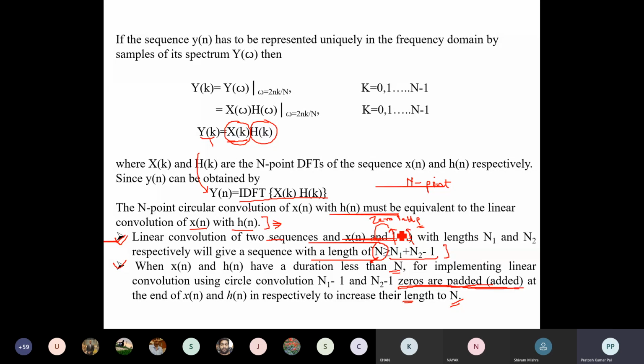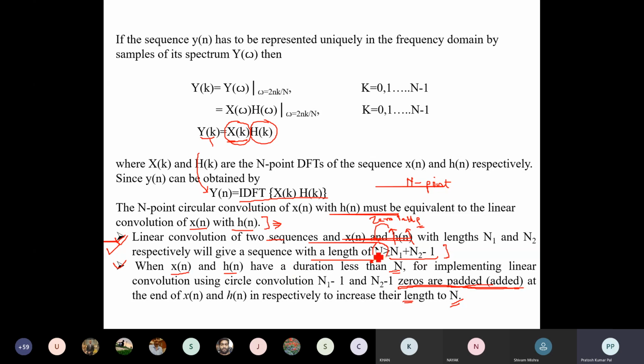Okay, so we can say that if we want the circular convolution and linear convolution to give the same result, if the same result comes from both methods, then we have to do these two steps beforehand. Okay, so first of all we need to find out the N value, that capital N value should be greater than n1 plus n2 minus 1. Once we have found the N value, all the sequences, that is sequence x[n] and h[n], should be made N in length by using zero padding.